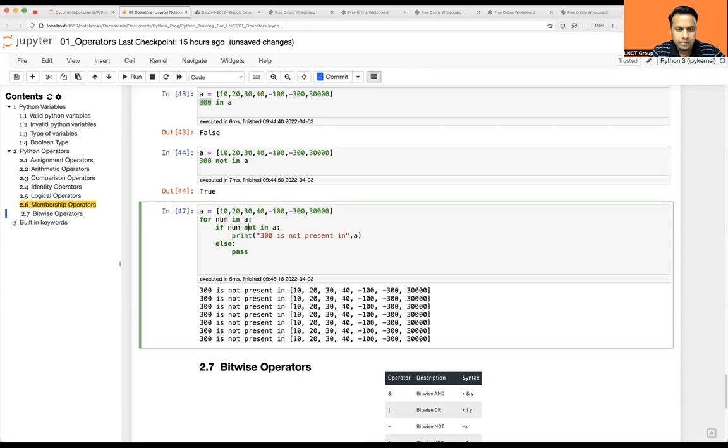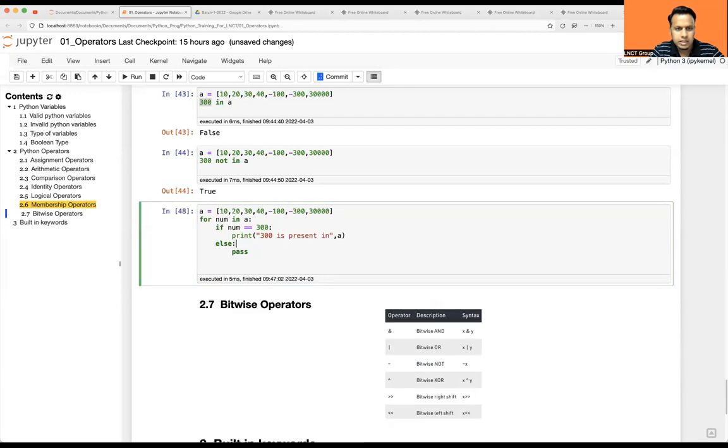if num equal to 300, and again it checks whether 300 is present. This is one way of doing that. So you can just print